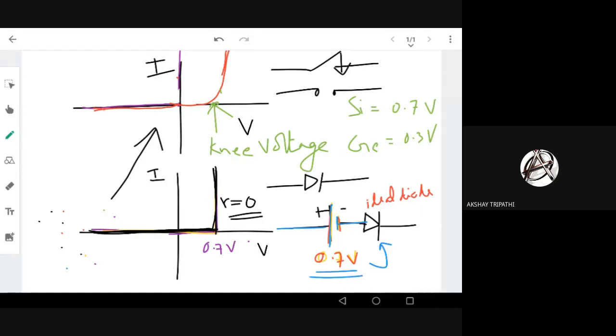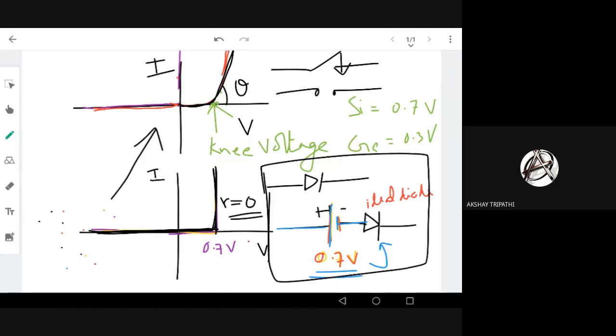But in practical case, that is not the case. There is some fixed resistance because there is some slope here. You can see there is some slope here, right? There is some slope theta or something. So that means in real case, there is some resistance. In a real diode, there is always some resistance. But in this equivalent voltage drop model, on the bottom right, we are not showing that resistance, but practically, this is fine.